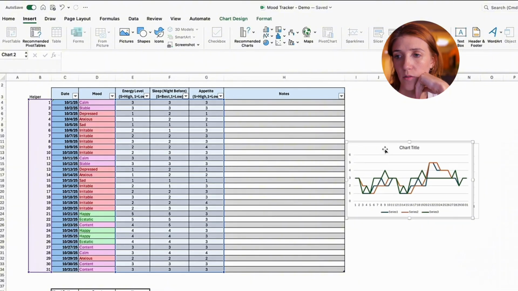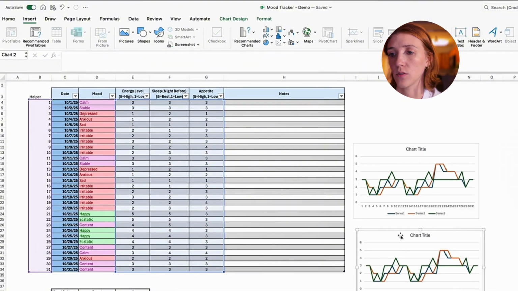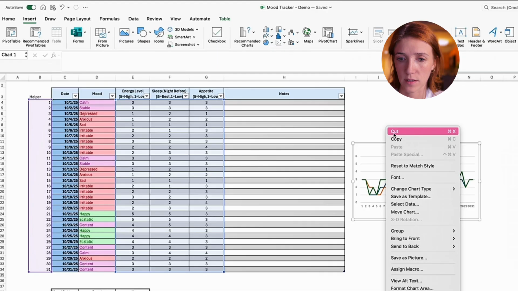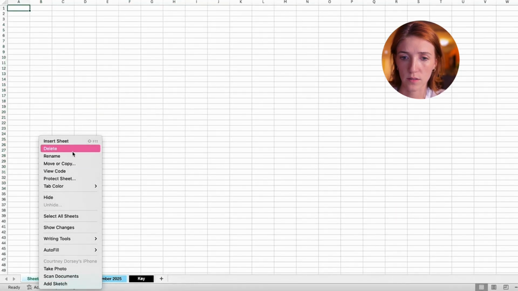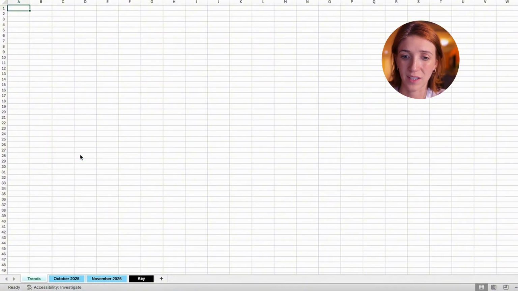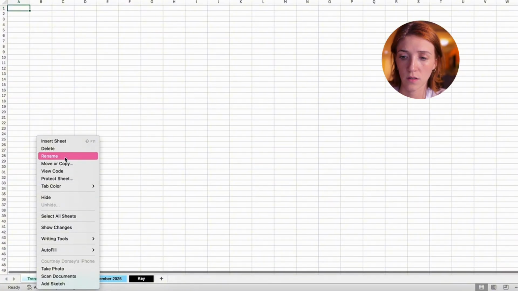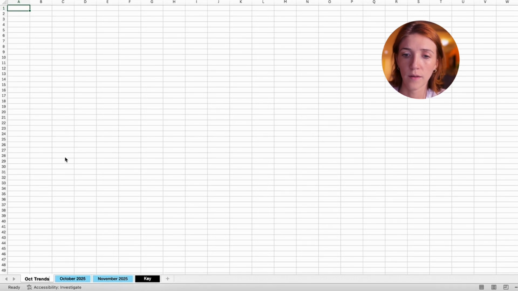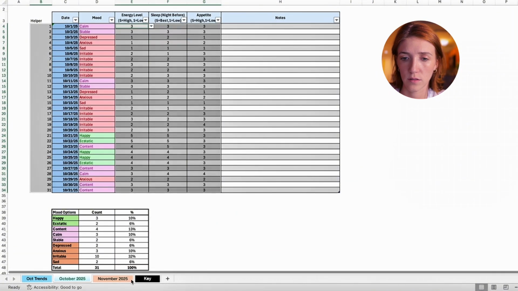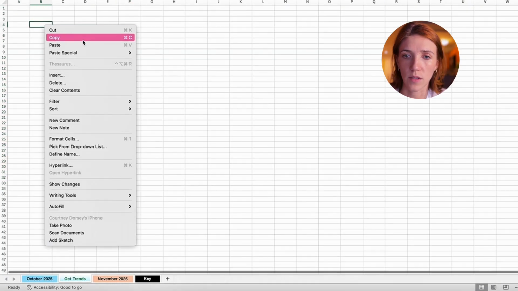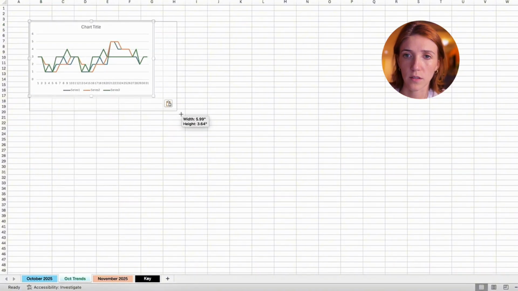But once we do that, I made 2 by accident. We're going to take this, we're going to cut. We're going to create a brand new sheet, and we're going to rename it to say trends. And you can even do October trends. And what we can do is change the color of November to be like a different color, so that way October's trends and October are together, and you can organize them however it makes sense to you. So then we're going to come here and we're going to paste our chart, make it bigger,